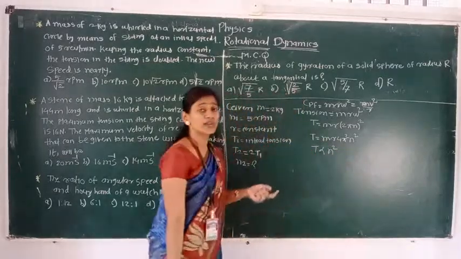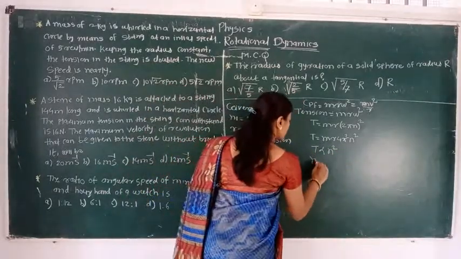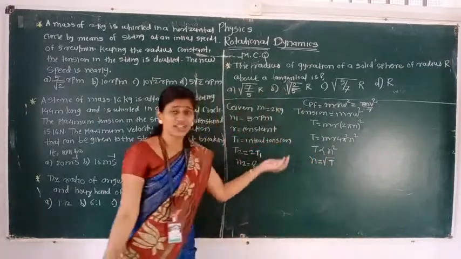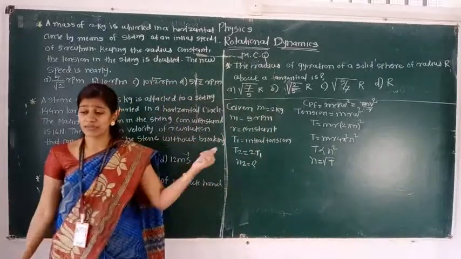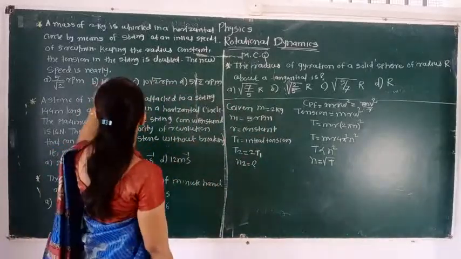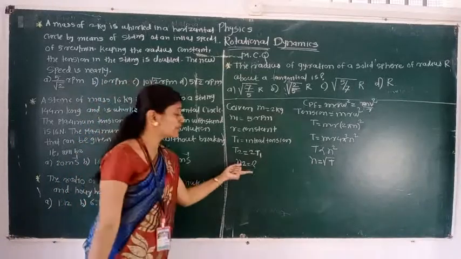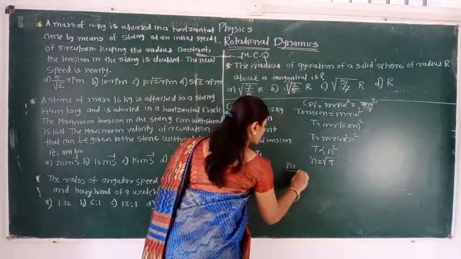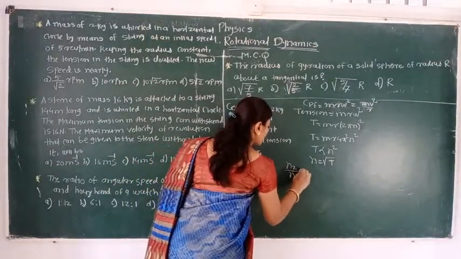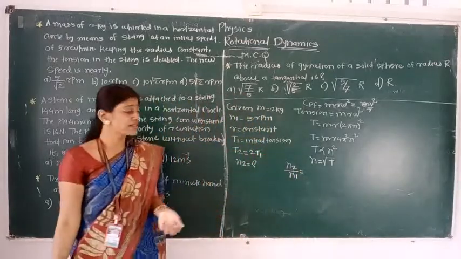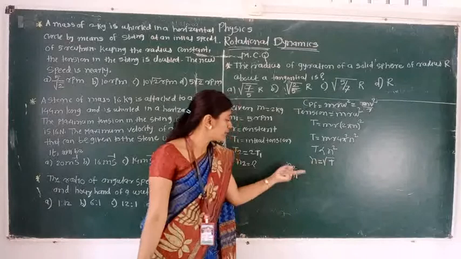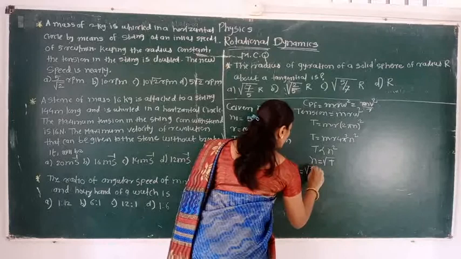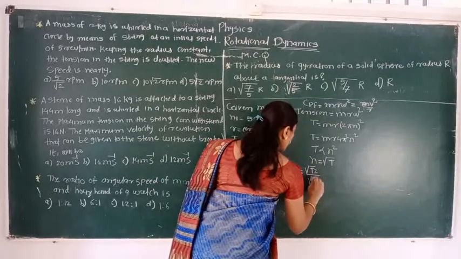Suppose we want the value of n, how we will get it? n is proportional to root of tension. By the simplification we already learned, here is the interrelationship. Now we have to find the value of angular speed in terms of frequency. So for finding that we take the ratio n2 divided by n1. The remaining values are with us. As per that formula, n2 divided by n1 is equal to root T2 divided by root T1.